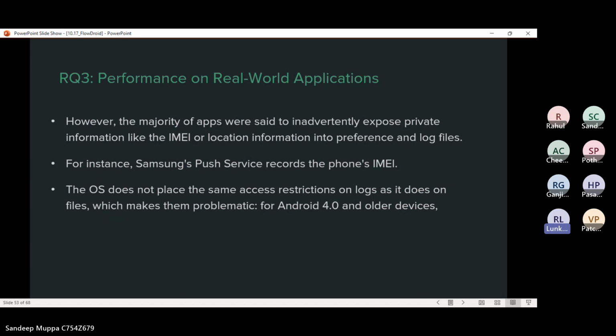Also, the Samsung push service records phone IMEI, which was also noticed during the evaluation. The operating system doesn't place the same restrictions on the logs, it has a different set of restrictions for the files, and it's not the same for the logs. So it's problematic in the case of Android 4.0 or older devices. That's what was found in terms of real-world applications with FlowDroid.